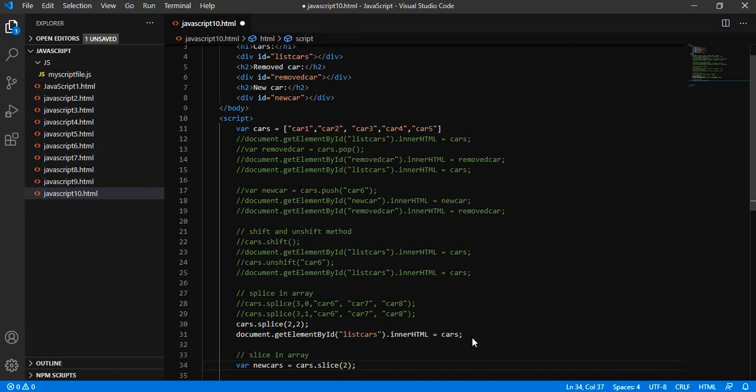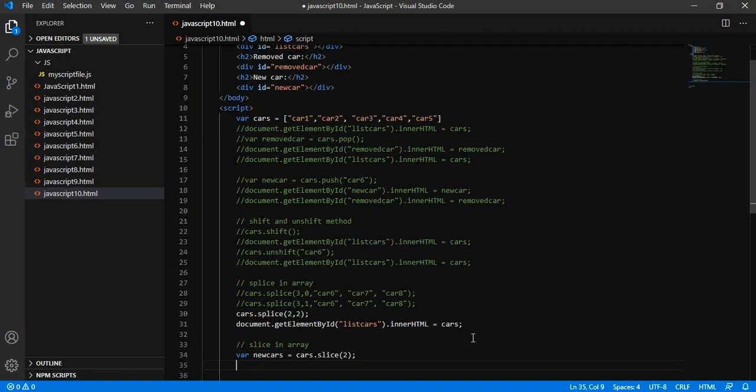Let's see what it will return, and I am assigning this value to new cars, and I am just commenting these out for now. So we are creating a new array.